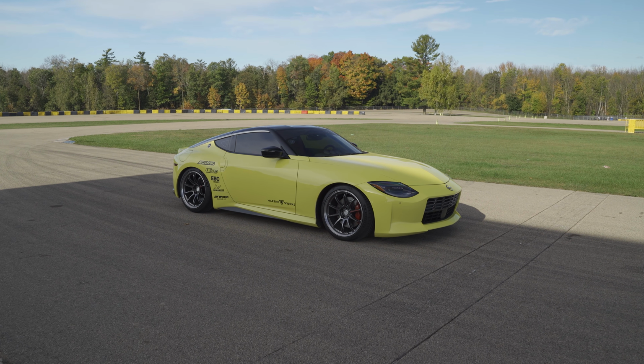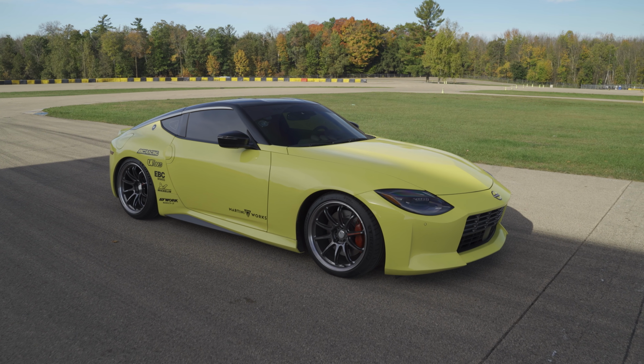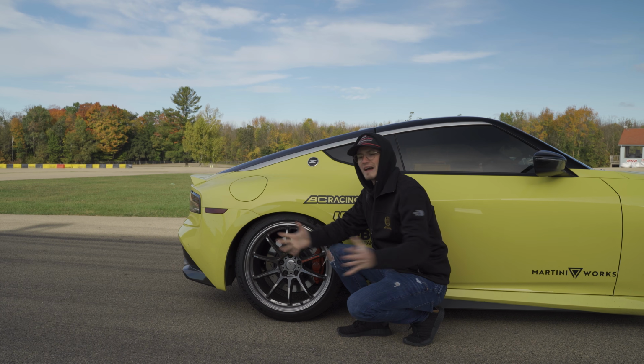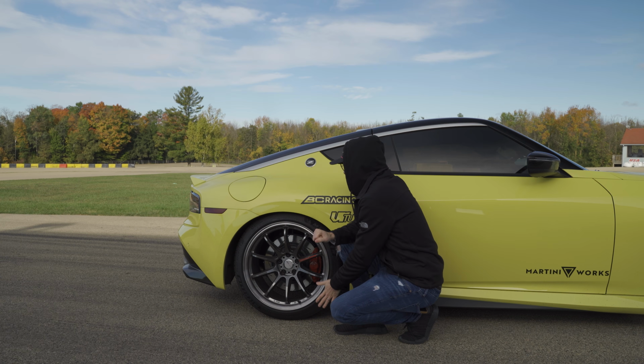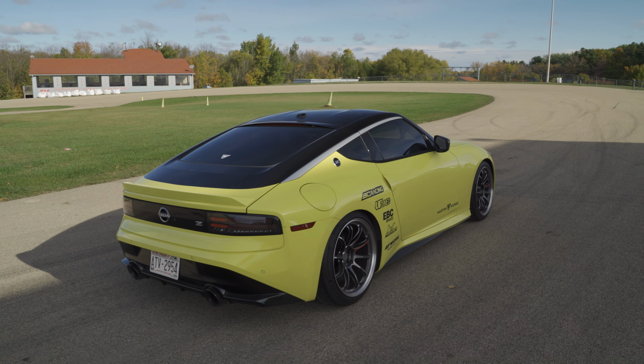But if you want to get the most concave ZR10s, you're stuck with getting an 18-inch wheel, because a lot of Japanese wheel brands are still sticking to 18 inches for the widest variety of what you can buy. Since we went with 19, we were a little bit limited in terms of the level of concavity we could get. We got the most concave wheel we could throw on the back, and even so, you could probably throw